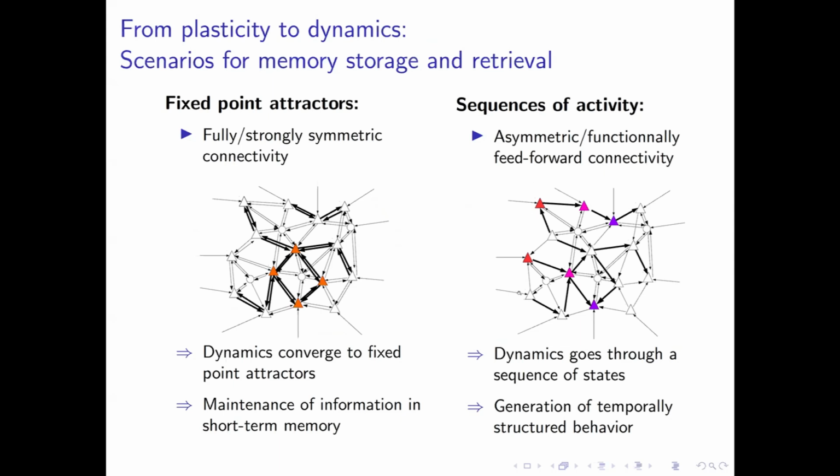Now what can happen is that following this shaping of the connectivity matrix, you can have a network that can generate these sequences autonomously. If you initialize the network in the appropriate state, like you activate these neurons, then the network will be able to recall the sequence of states thanks to the modified connectivity. This clearly can be helpful for a network that is needed to generate temporally structured behavior. Suppose that you need to generate some temporal structure, like to control some particular movement, then this would be clearly very useful. So now in the second part of the talk, I will focus on this scenario.